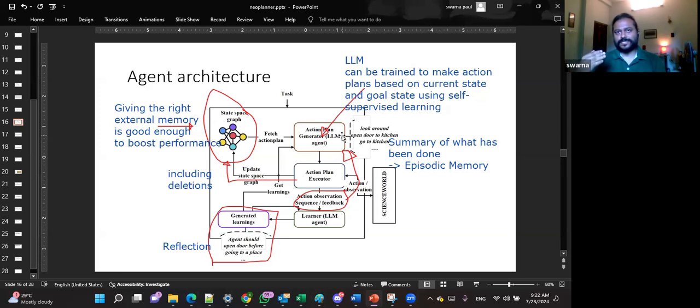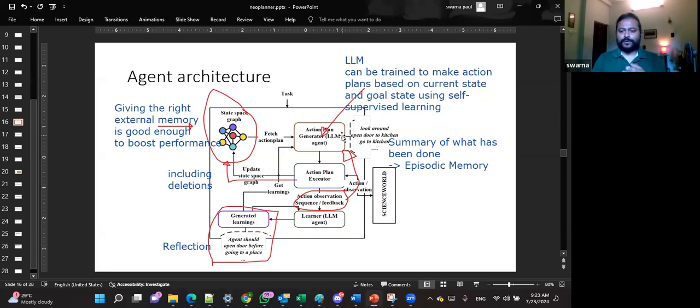So this previous action observation sequence is going to help the agent decide which actions might be failures or might divert the agent from the goal. Okay. So let's say the boil task. Let's say it tried going to the kitchen. In the first set, the agent just tried entering the kitchen without opening the door. So there it got a failure message: you cannot go to the kitchen because the door is not open.